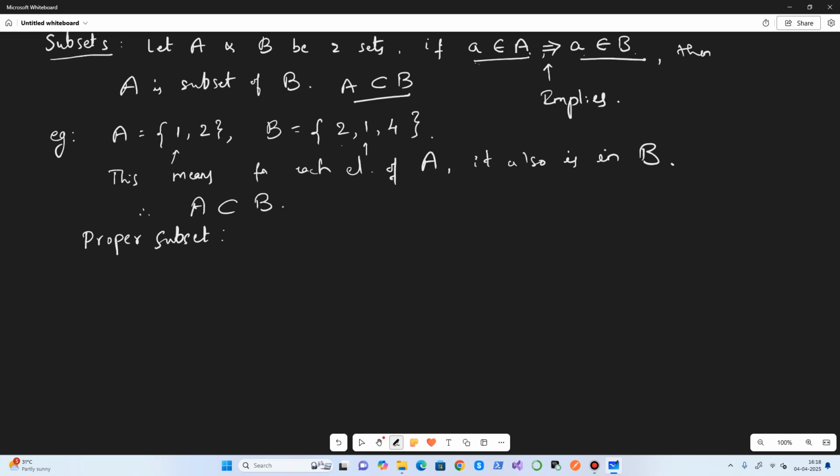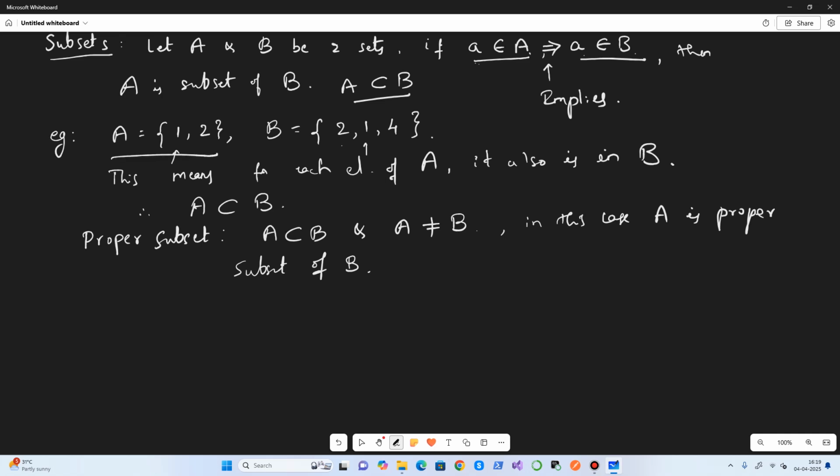A proper subset is when A is a subset of B and A is not equal to B. In this case we say A is a proper subset of B. So in the example here, A is a subset of B, because each element of A is also an element of B, but A is not equal to B. So here A is a proper subset of B. We say it's a subset, and also specifically a proper subset.